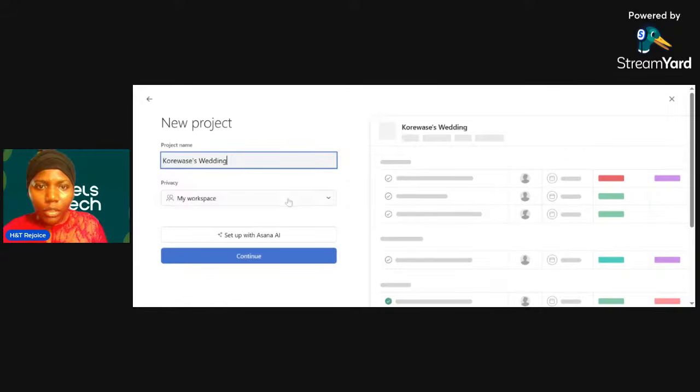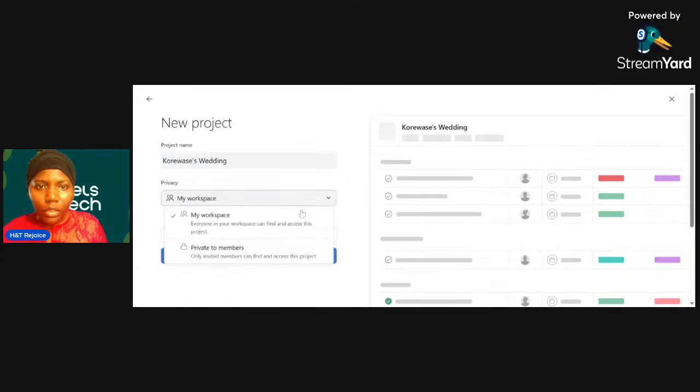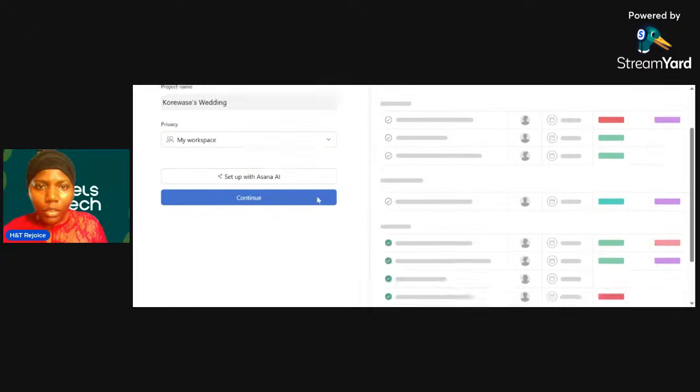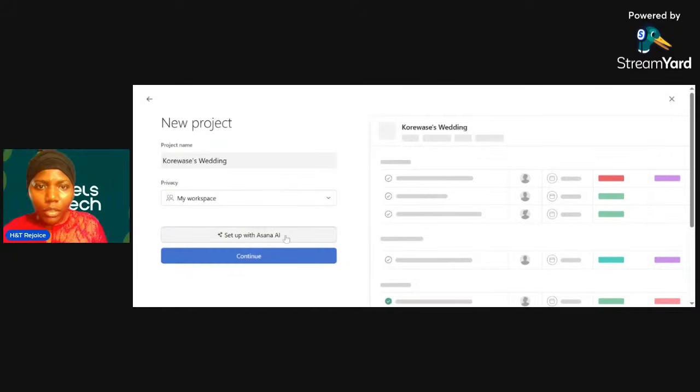Okay, then this is on privacy. It's private, so you can make this specific to yourself, or perhaps you can also use this to plan with your spouse. If you want to use AI, all these apps already have AI integrated into them. This AI is supposed to give suggestions and make working with the app very easy. But in case, let's just do it organically. But if you want to work with AI, you can use this.